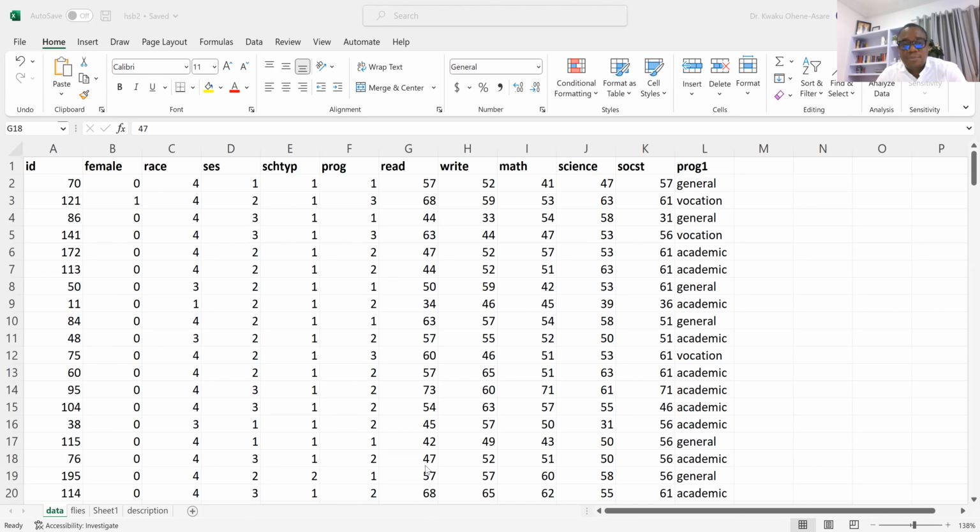General, vocation, and academic. All right. So what does this mean? We are all going to write a test. And what is a test? Well, the test is that we are all going to write a test called writing. So still on writing score. In fact, I can even use a different one, but let me use maths. Okay, so we are all writing maths, and some of us are students who have specialized